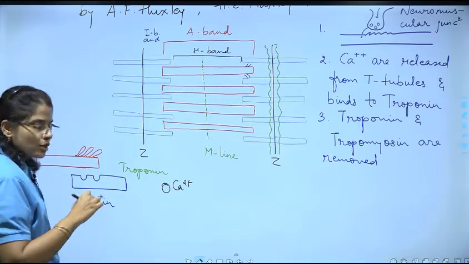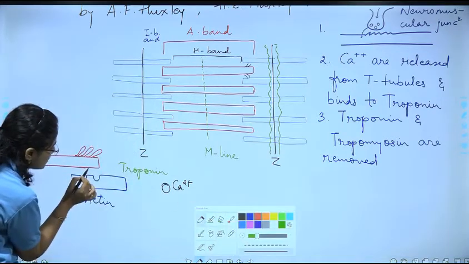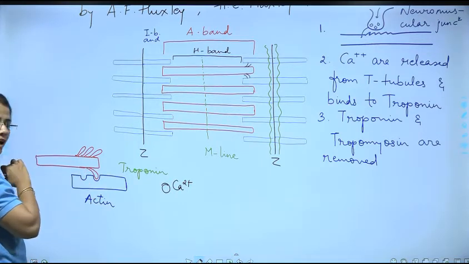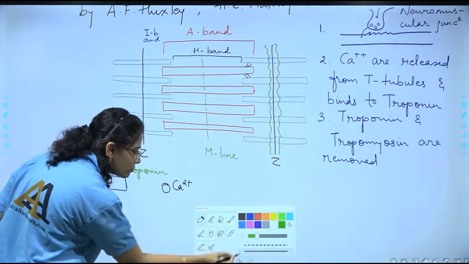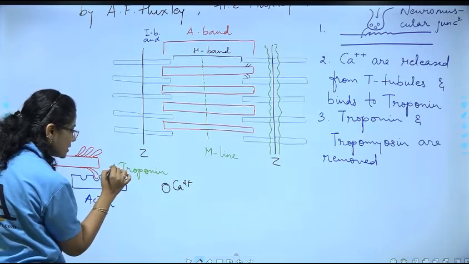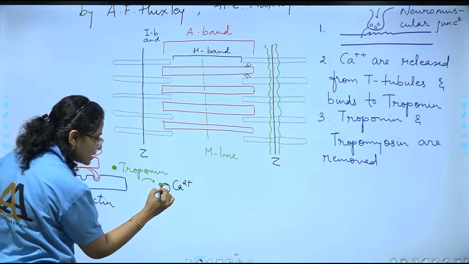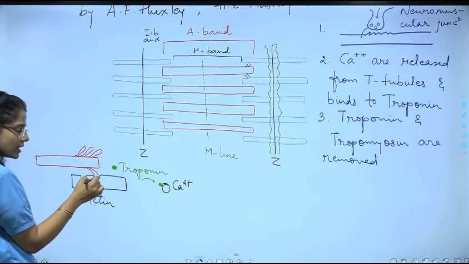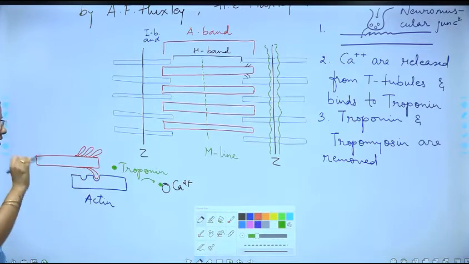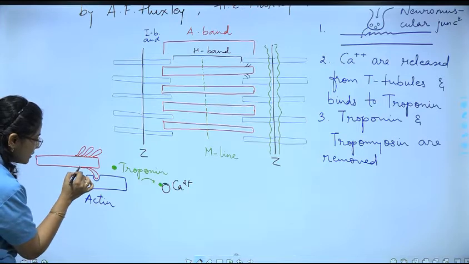This way it would be. So what has happened now? That this myosin head will fit into this active site of actin. What happened to troponin and tropomyosin? Troponin and tropomyosin had an affinity, so it has come to bind with this, and so it left the space empty. Because of this, what happens? The myosin head is able to fit into the active site of actin like this.